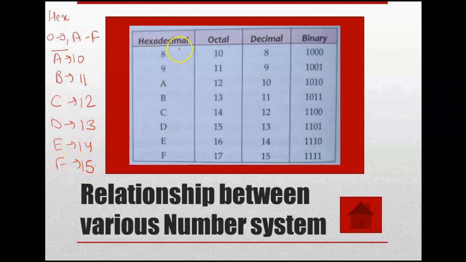So just check it out. In the normal decimal number system, you please check 9, 10, because decimal is the normal number scheme. So 8 to 15 is normal only. But when you go for hexadecimal form, you have 8, 9 and then 10 to A, B, C, D, E, F. So this is the hexadecimal form.